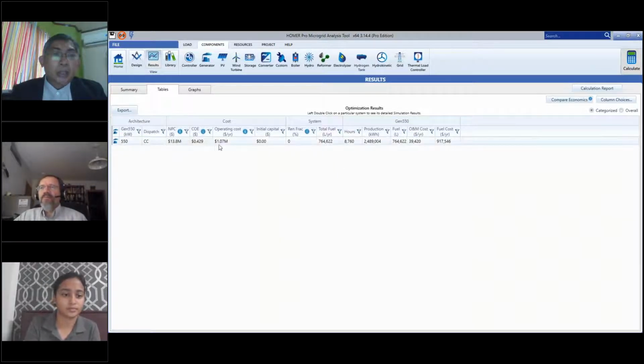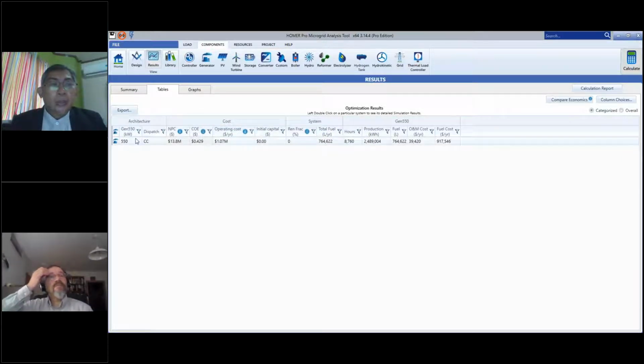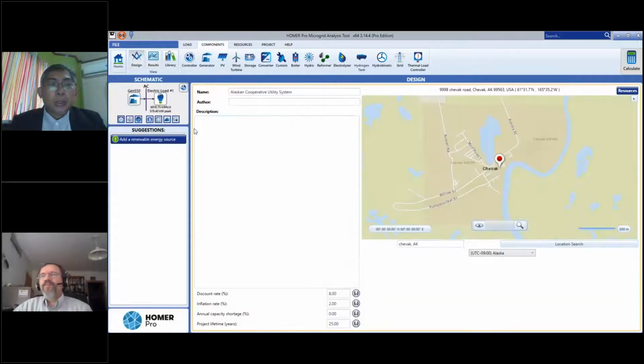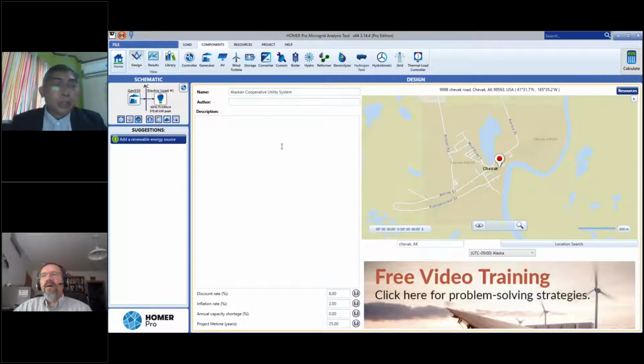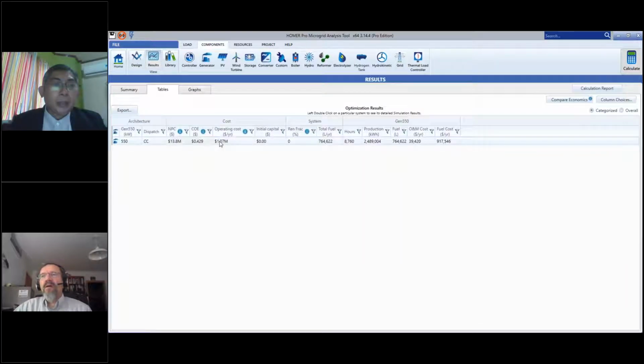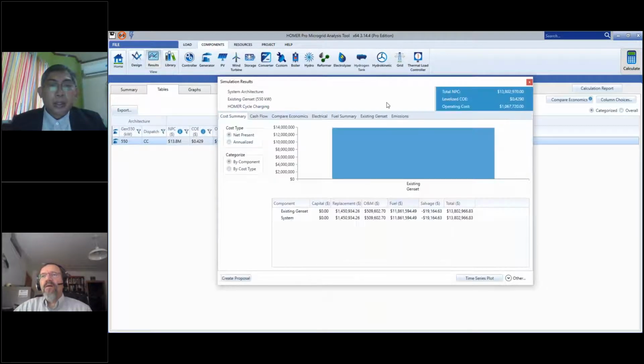So we don't have a capital cost, but the net present cost is 13.8 million, mostly as a result of the O&M cost. And the energy is 42.9 cents per kilowatt hour. So this particular model is an existing system. And would it make sense to add a smaller genset? If we look into, let's say, the result and see the